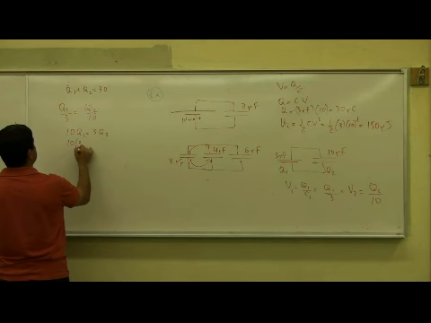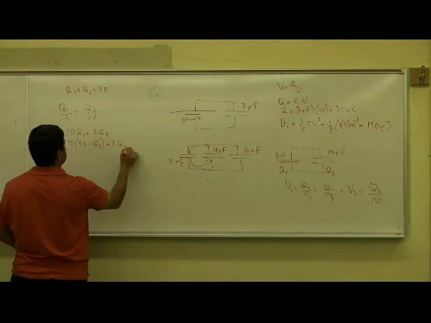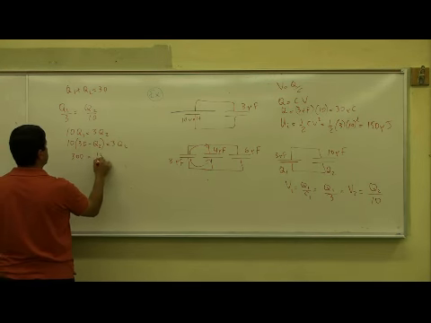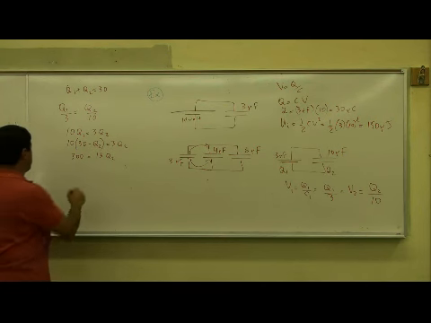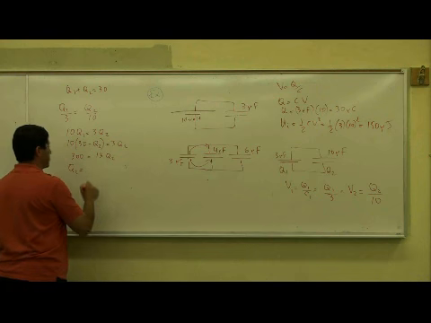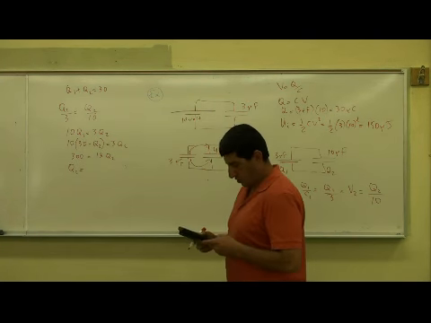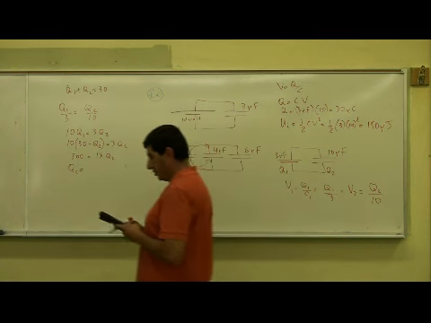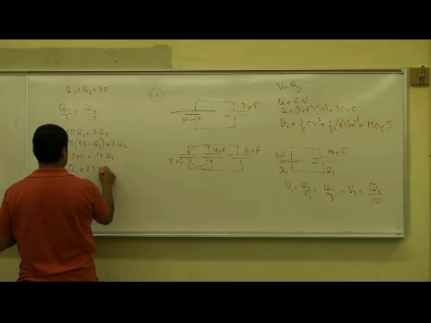Q1 is equal to 30 minus Q2. Then you have 300 is equal to 13 Q2. Okay, and then Q2 comes out to be 300 divided by 13, which is 23.077